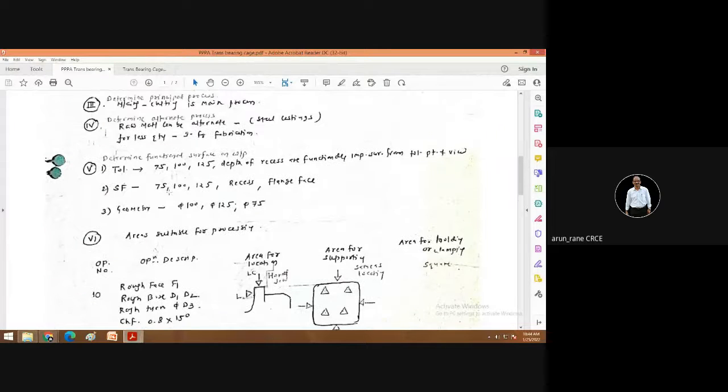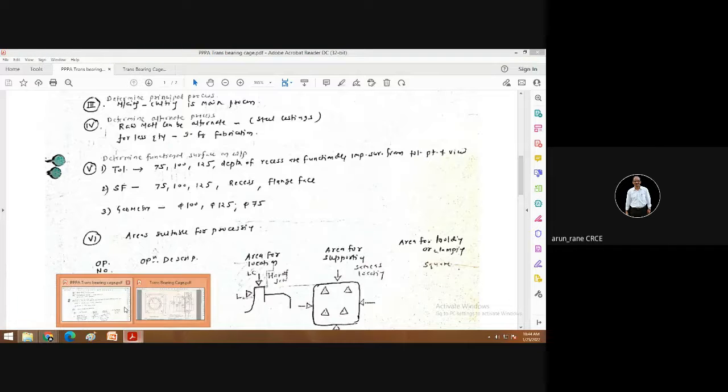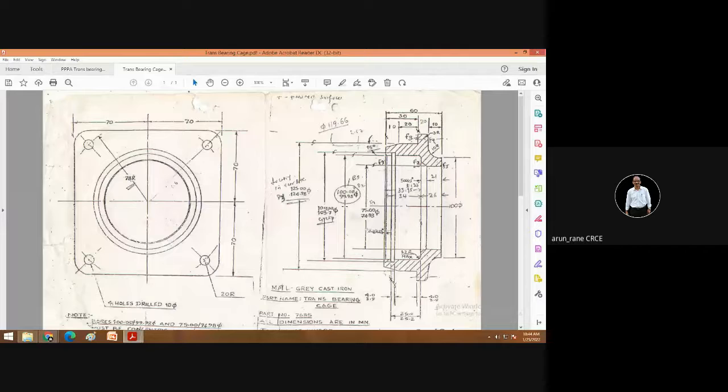Then determine the functionally important surfaces. You can even think of powder metallurgy here. Why not go for powder metallurgy? You can think of all alternative processes. Powder metallurgy, generally we don't go for large components; we go for small components, and powder metallurgy is again expensive. So you cannot extrude this, you cannot roll this component. Extrusion not possible, you have to write this. Casting possible, extrusion not possible, rolling not possible, powder metallurgy will be expensive. Like that, you have to write in that step. In that step, you have to write explicitly, clearly.